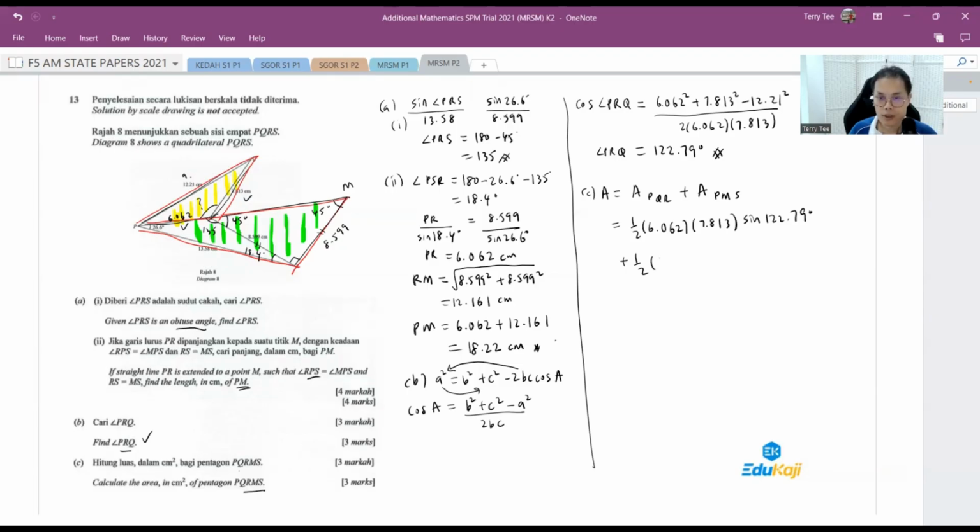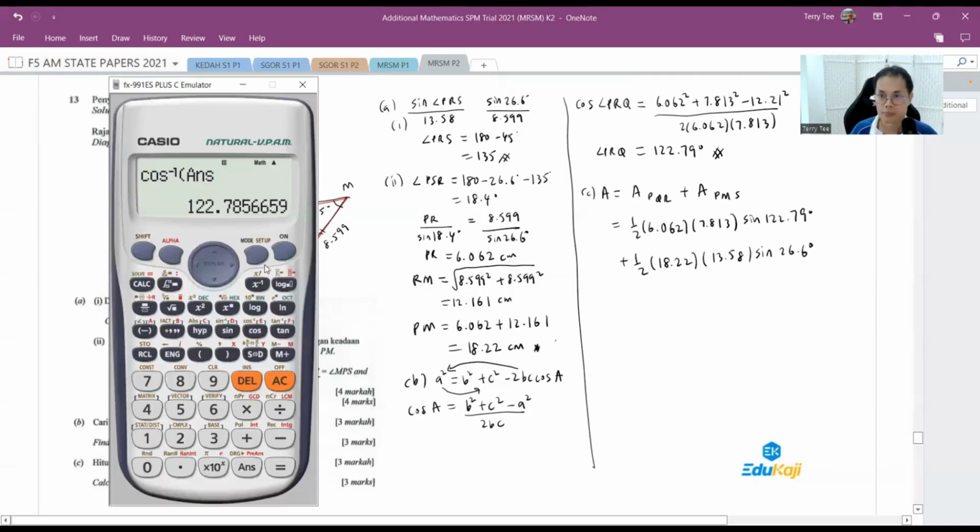So your PM is 18.22. B is 13.58 here. And then your sine of angle between is 26.6. Okay, let's just count. Half, your A is 6.062, B